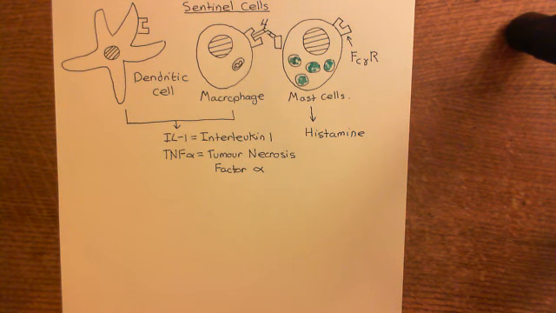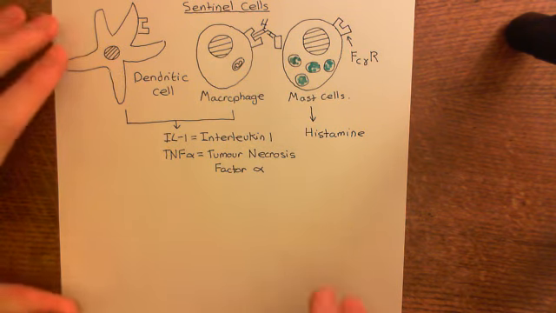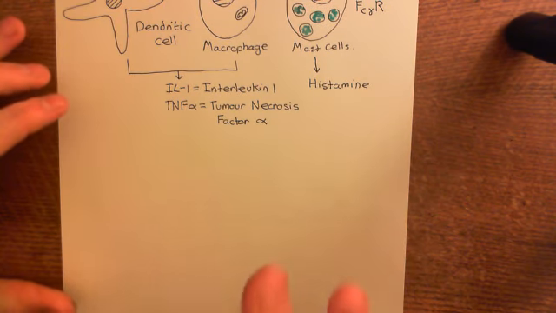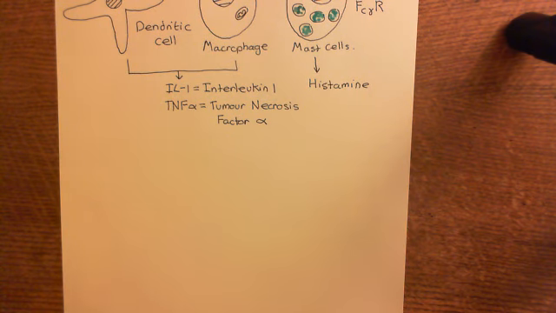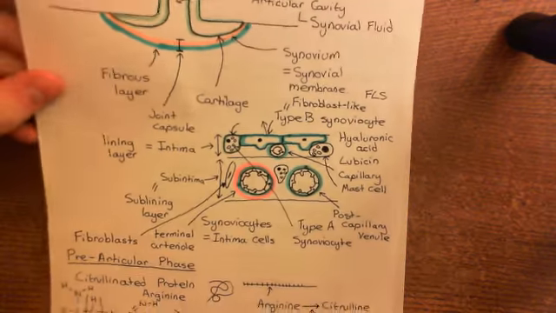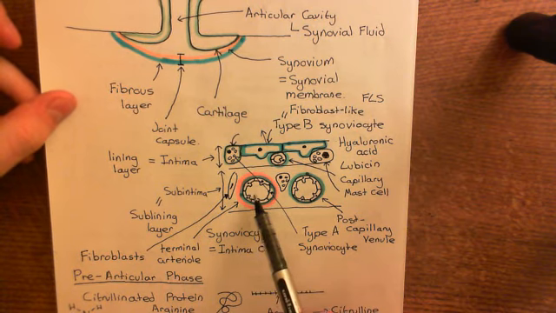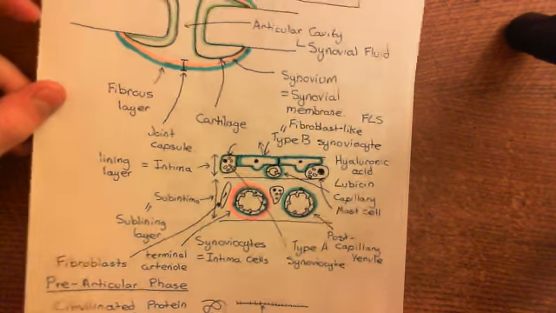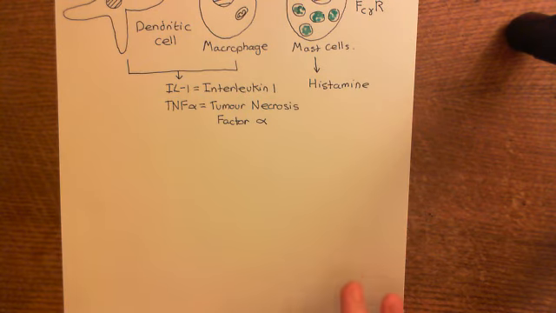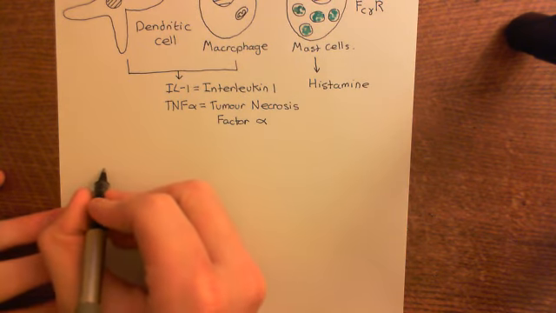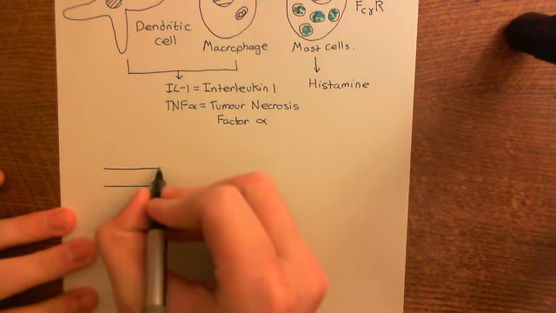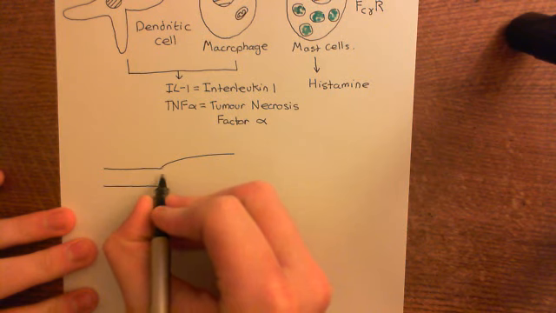Now, what are these going to trigger? Well, they're going to trigger the acute inflammatory response. Okay, so these are going to act on the endothelial cells of the blood vessels within the synovium. Okay, so remember, the blood vessels within the synovium were the terminal arterioles, the capillaries, and the postcapillary venules. So let's draw a picture of this down here. Okay, so we have a terminal arteriole here. Okay, and this will divide up into capillaries. So I'll draw a little